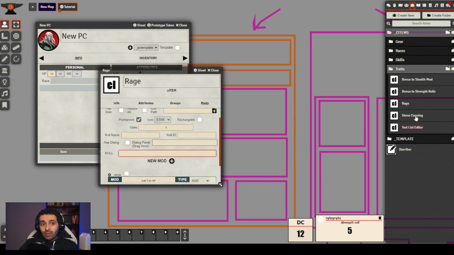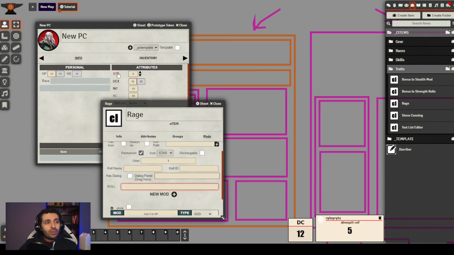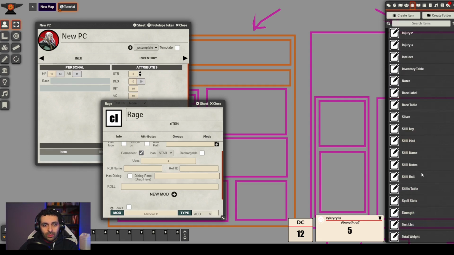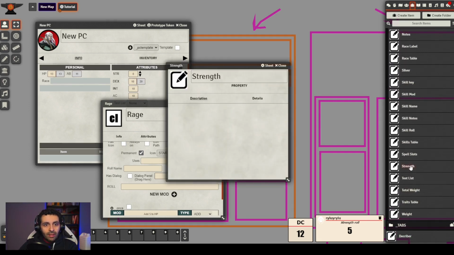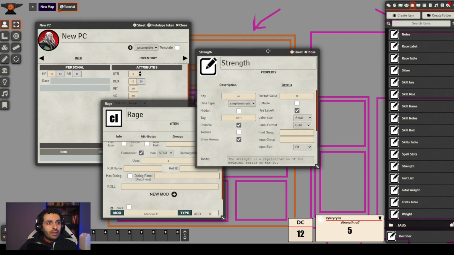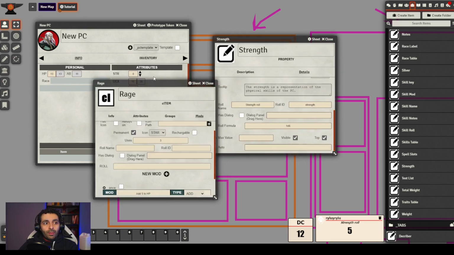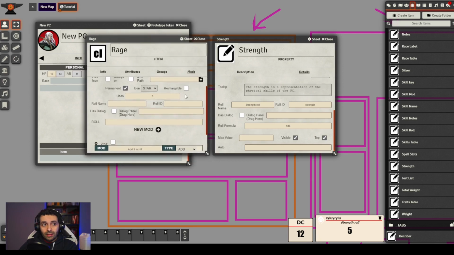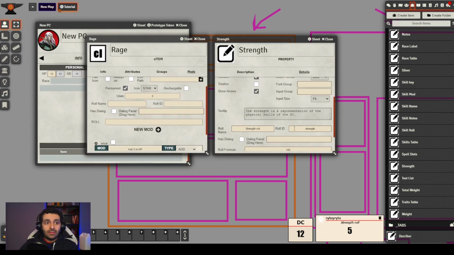The main places are the rolling places. The other property was Str, strength. Let me show you where is strength. Here it is. The properties also have a rolling area with the same fields as the C items and the consumable C items.